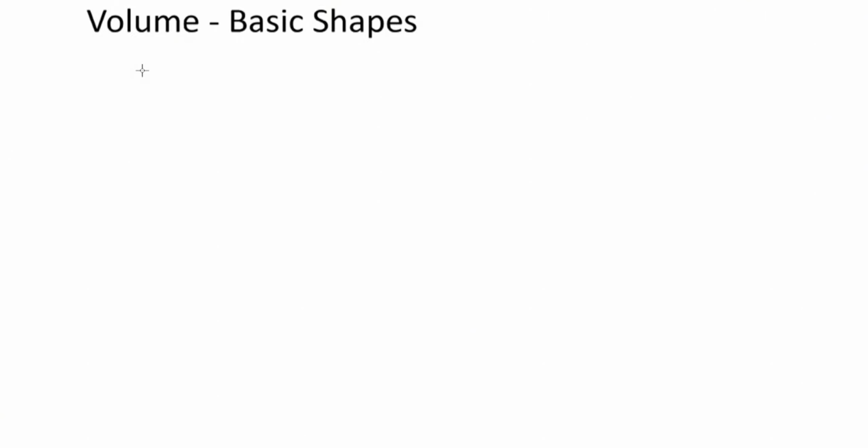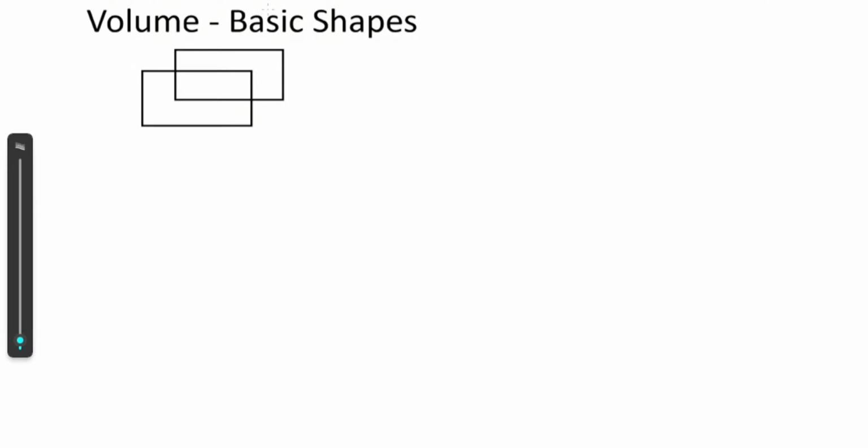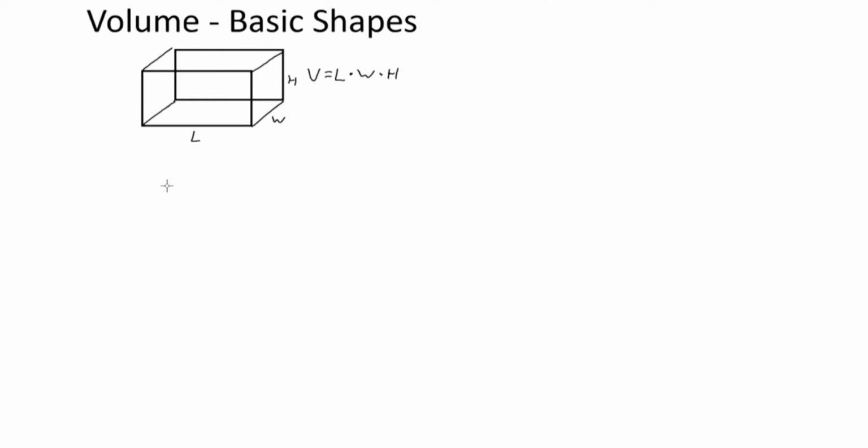So when we were in elementary school, we typically would be asked to find the volume of rectangular prisms or cubes. And we know that volume is equal to the length times the width times the height. So this could be the length, this could be the width, and this could be the height. And then if you had a cube, it might look a bit different. So if you had a cube here,